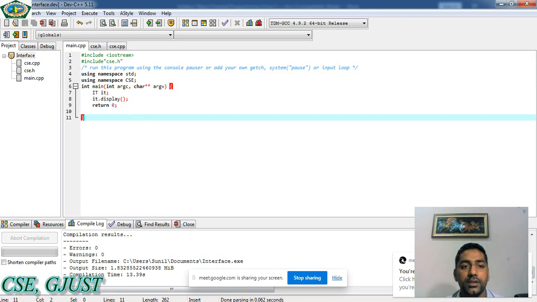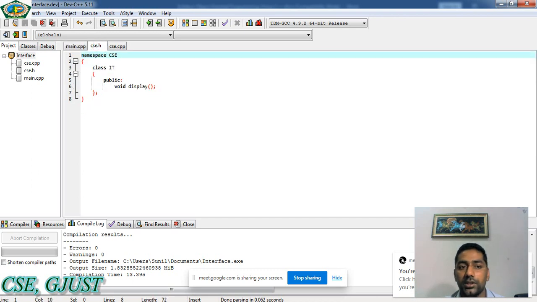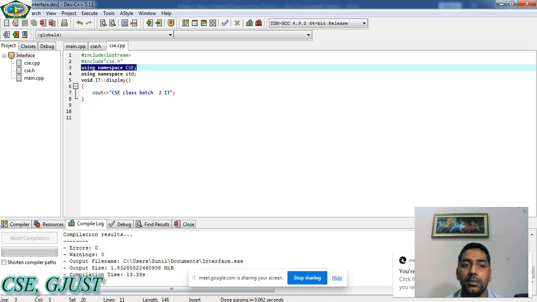If you want to see the same code again, then you can find it, and then the next csc.h header file, you can also declare any variable here in the private section or public, and similarly you can use this. So this is all about the header file, how it is working and what we can do with this.